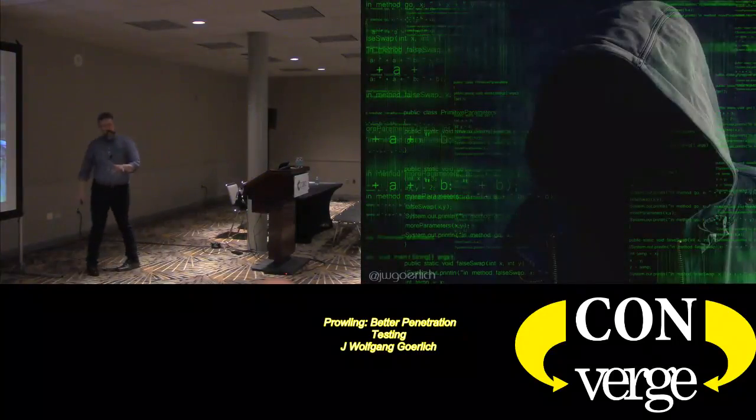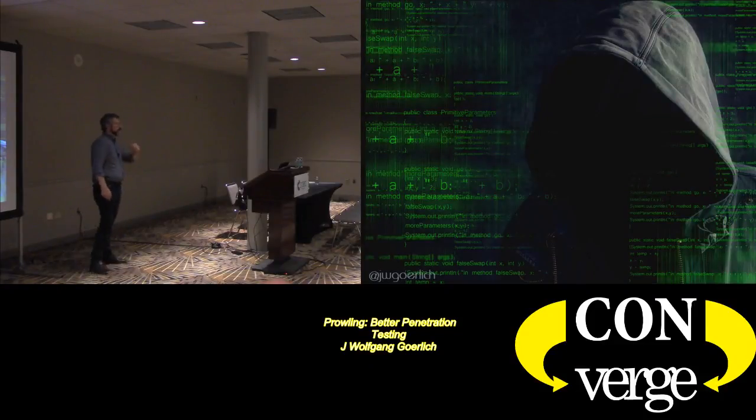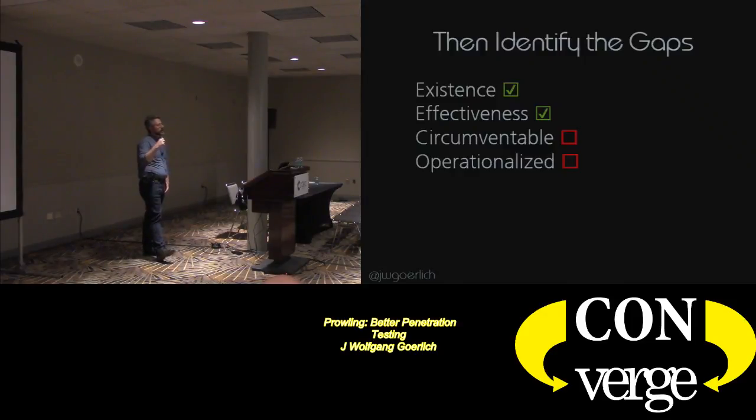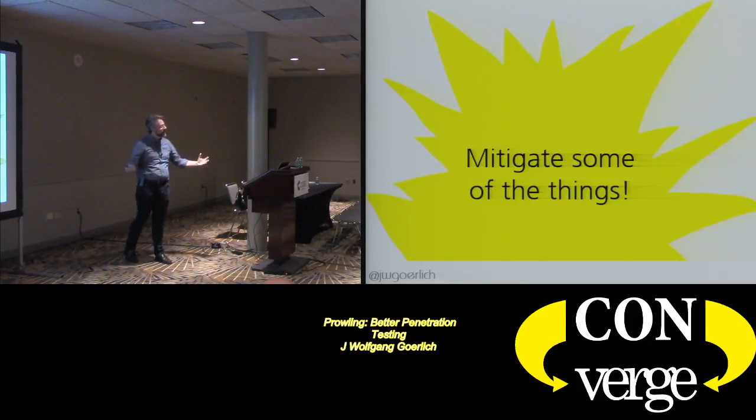But as long as we're still in the position of always trying to break in, I fear that we don't get to that point. And when we identify those gaps, when we identify, hey, it exists, it's effective, but you know what? We can still bypass it. And no one really notices what we're doing. Then we can come up with a list of what we're going to mitigate. And prioritize and do what we always do, right? Mitigate some of the things, right? We can fix some things. And tackle what we need to